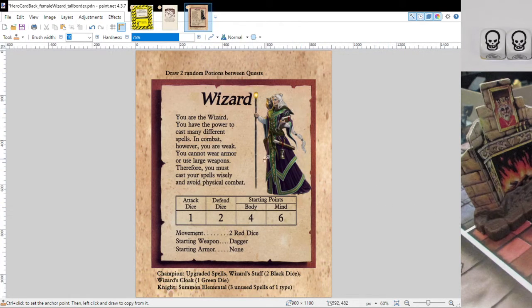But yeah, you erase the hero that was there and put an image of another hero. This one is just taken from Pinterest. I think it's actually from Pathfinder. So again, nothing intended to confuse people with that, but a lot of those images are out there that you could modify to your liking into something else, and you're not going to sell it commercially. So anyway, that's Paint.NET. That's what I do. That's how I make all my cards.